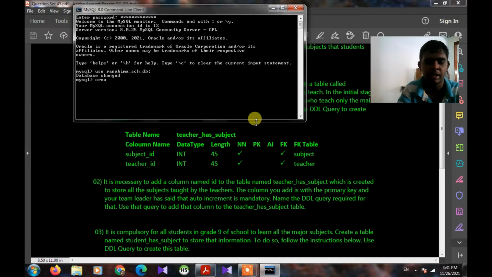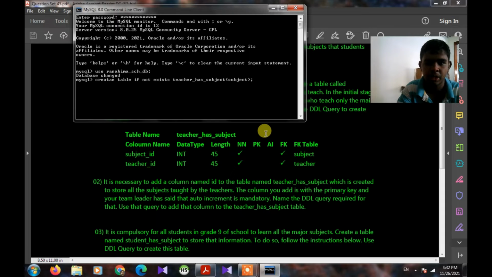Then we can type create table if not exists, then the table name as teacher has subject, then two brackets. Inside the brackets we type the first column name